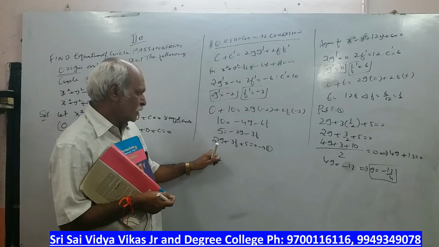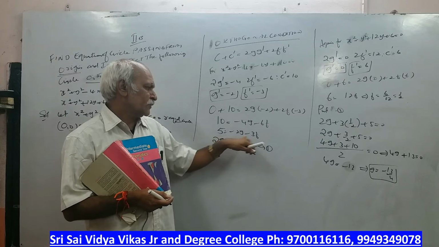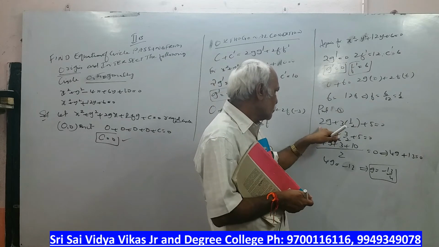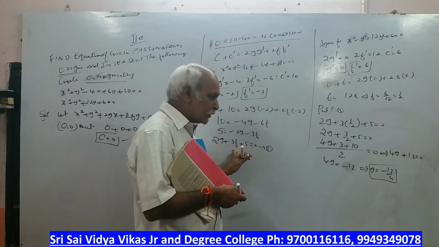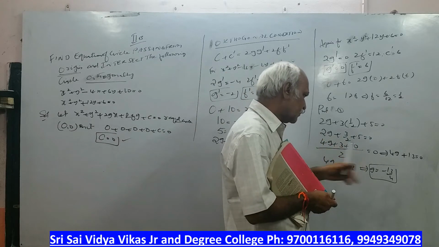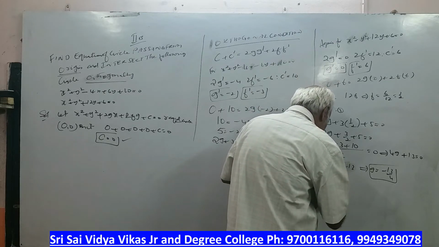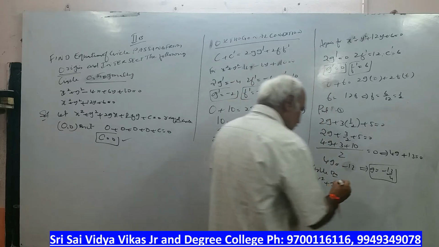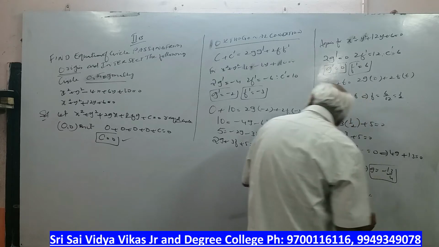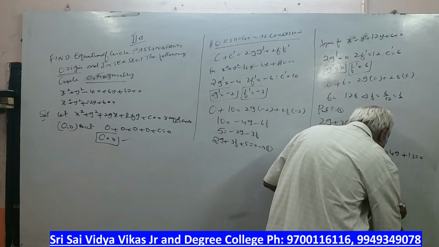So what I have done? In the first equation we have put the values. So what will happen? Minus 4g minus 6f. So cancel with the 2 table. So it becomes 5 minus 2g minus 3f. So rearrange this. Now in the second equation we got the f value, 1 by 2. Put the f value here, 3f, 3 into 1 by 2. So 3 by 2 plus 5. LCM, if you take 10, plus 4g plus 3 plus 10, that is 13. So that is the g value. Therefore the circle equation is x square plus y square plus 2gx, 2 into g value, plus 2f, f value, what is f value? 1 by 2, into y, c value 0.